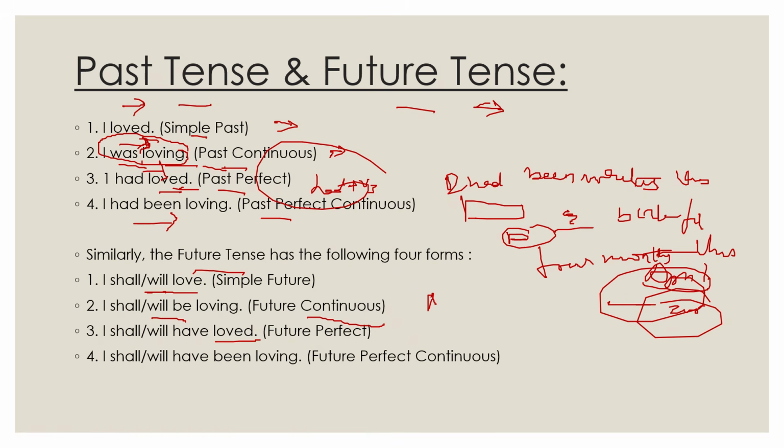I will have loved. That means future perfect. At this point of time in the future, or at some point of time in future, some person will have completed doing some action. You take the same case of playing badminton here also. At this time tomorrow, I will have played badminton for 1 hour. That means by 9 p.m. tomorrow, the person in context will have played badminton for 1 hour. So at this time tomorrow, some action will have completed. That means it's a perfect.